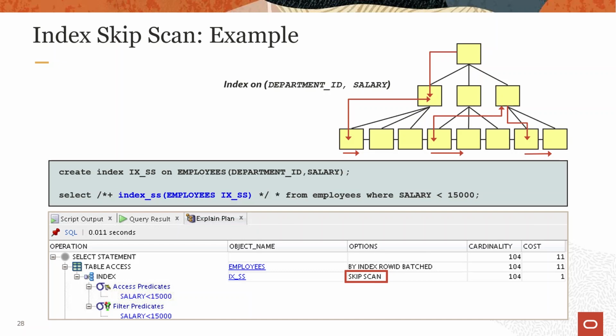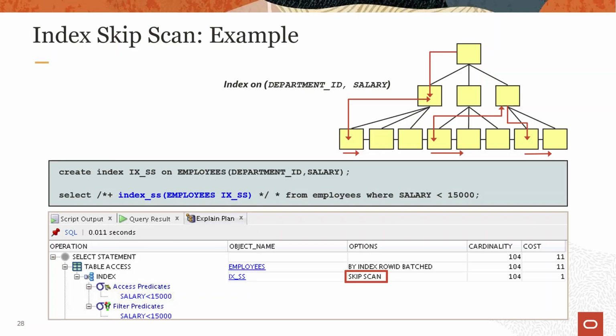So you might think we cannot use the index because the index is first sorted upon department ID and then per department ID it's sorted upon salary. Yeah, but he can still use that concatenated index, although you're not searching upon the leading column of this index